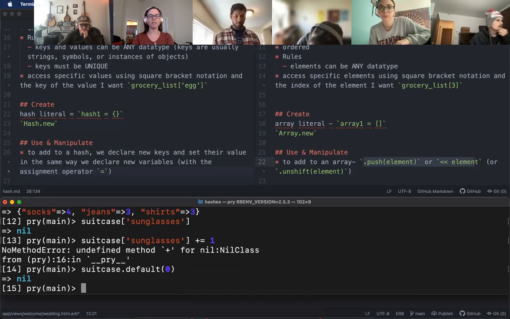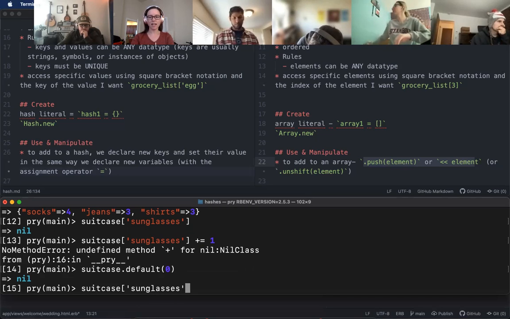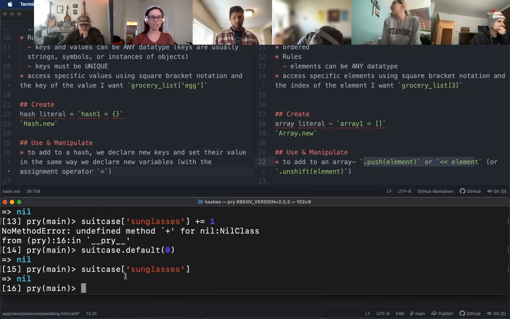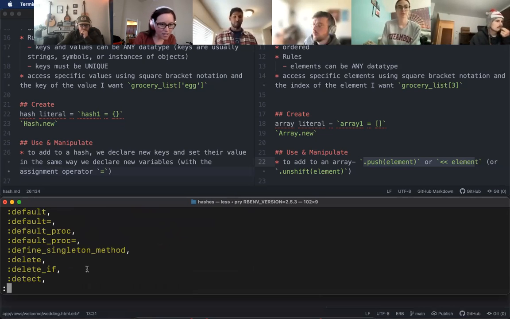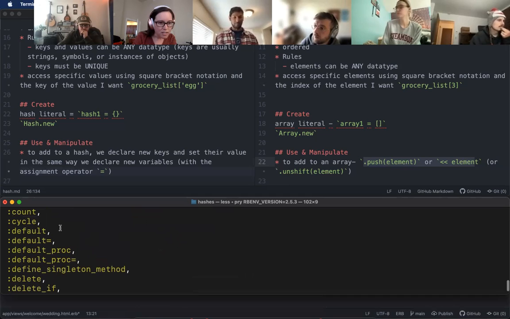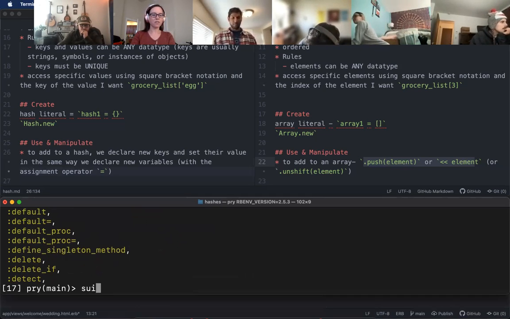And now I want your default value to be 0. So now if I try and access suitcase at the key of sunglasses, I think this now will give me, nope, shoot. Okay, I'm gonna have to look up the method for this. Methods.sort. So many methods. Default. Oh, default equals. Okay, suitcase.default